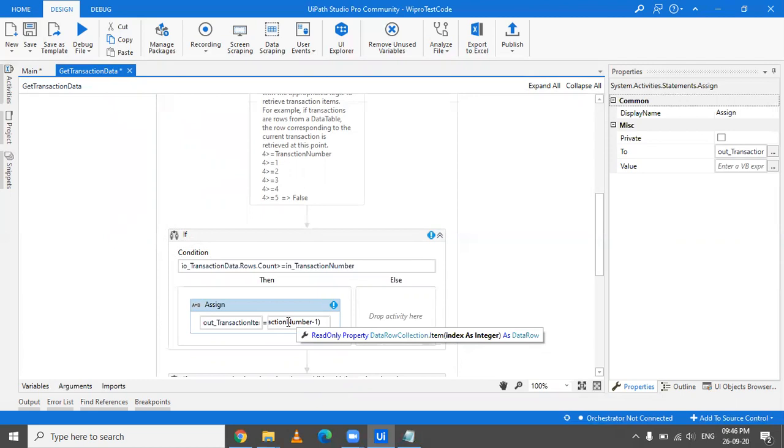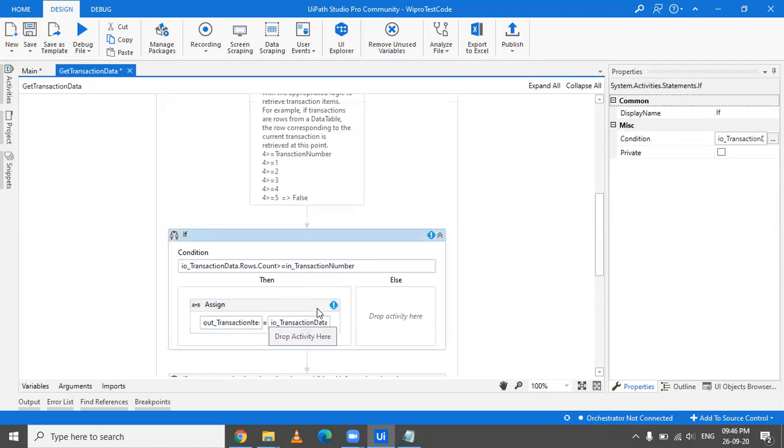Okay, because there is also this header thing, and also it all depends on whether you're treating your transaction number default value as 0, or you're considering the default value as 1, or your headers constitute 2 lines and you want to skip the first line before reading it, and things like that you have to take into consideration. Also the index usually starts from 0 and not from 1, so you do this -1, and then you get the entire row in the out transaction item.